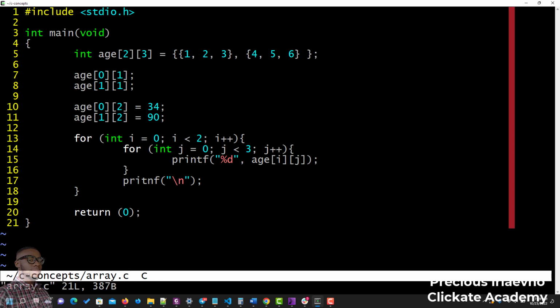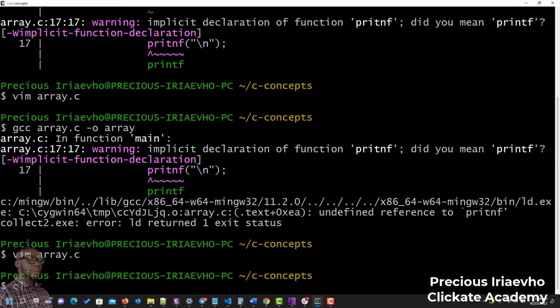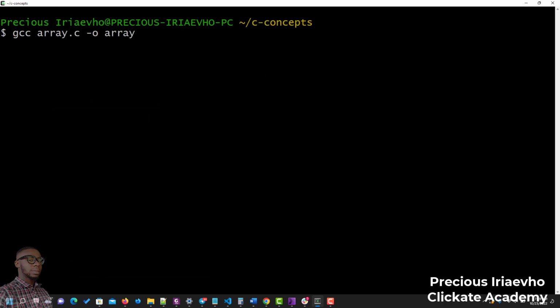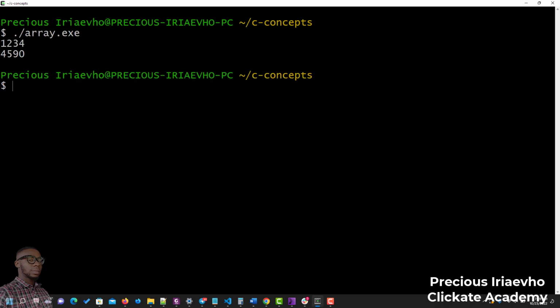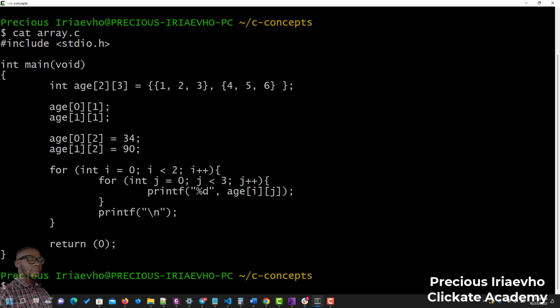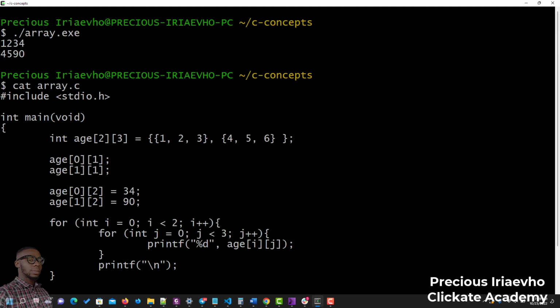Wrong spelling again. So compile, and that is successful. So let's run this. Okay, now let's do a cut of our array so that we can see what has happened. Now let's begin. So you see our array has gone in to print out the values of 1, 2, 3,